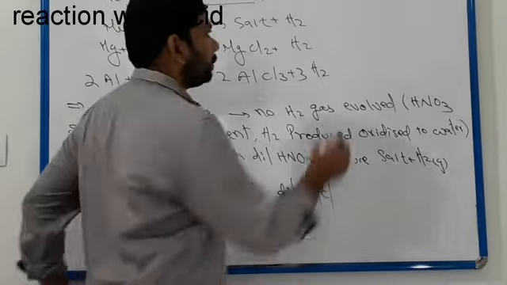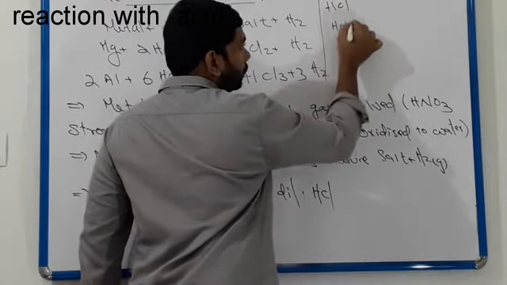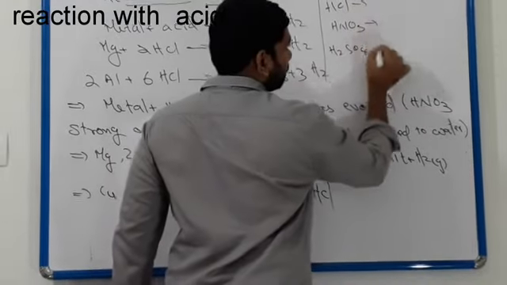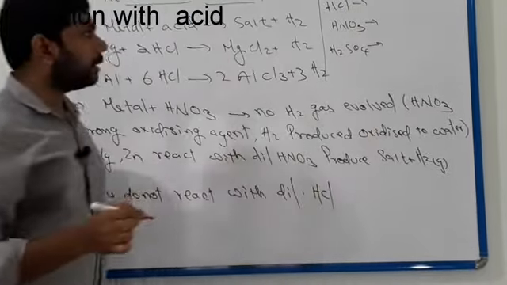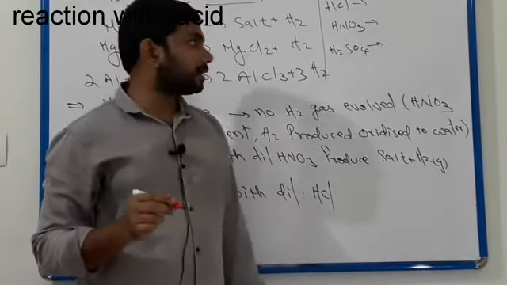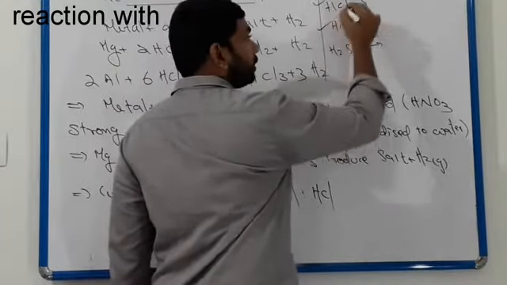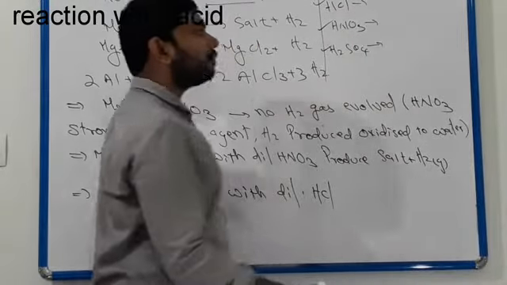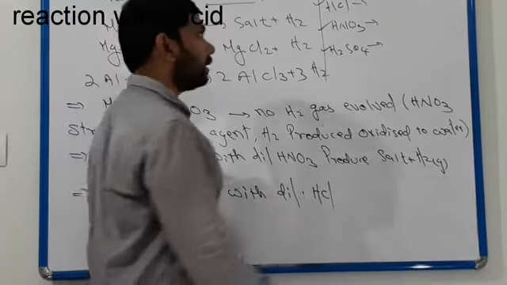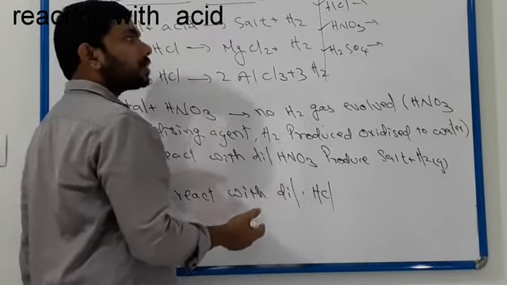So remember here, mainly we have to understand three different types of acid: HCl, HNO3, H2SO4. These are the major mineral acids. HCl means hydrochloric acid, HNO3 means nitric acid, and H2SO4 means sulfuric acid. Okay, hydrochloric acid, nitric acid, sulfuric acid. All these acids react with the metal to form salt.